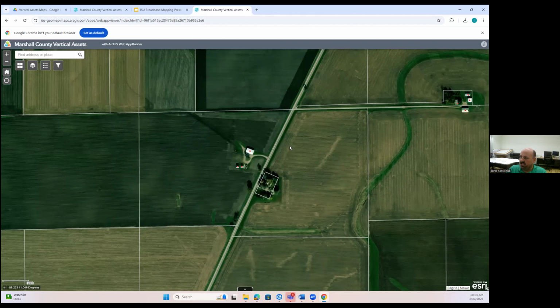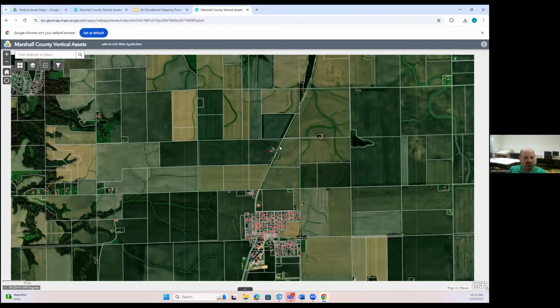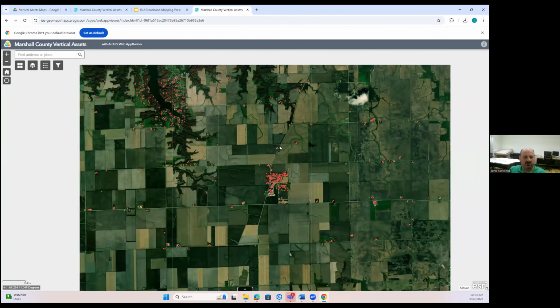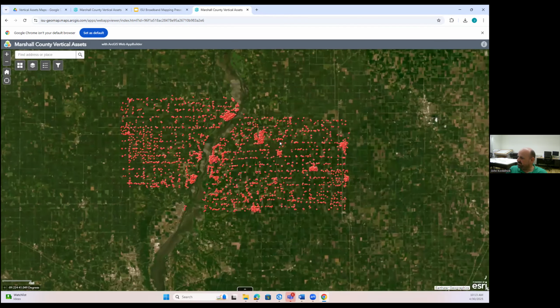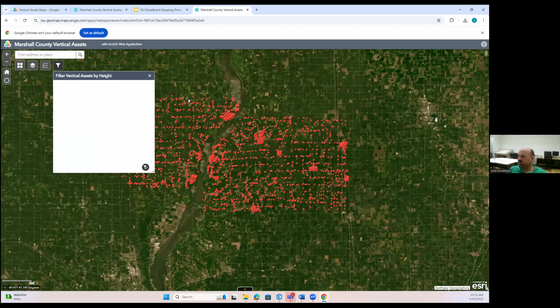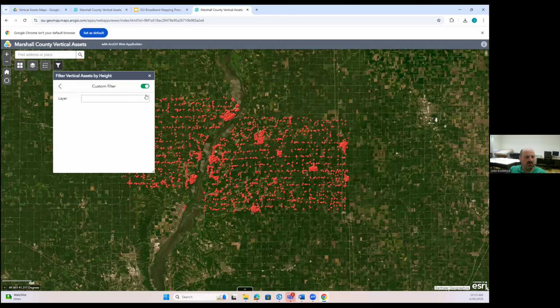We don't have individual names. We can't put that in there from the data source that we have, but you can do that. The other thing that I find helpful with this is, again, remember we said 12 feet or more. That's a lot of things, a lot of buildings and things like that. But you very well might just be interested in the really tall structures. So you can use this little filter tool here, and again, there's instructions for how to use this in that little 2-pager.